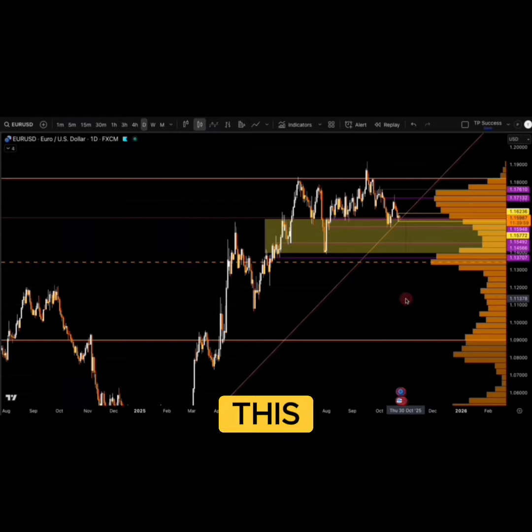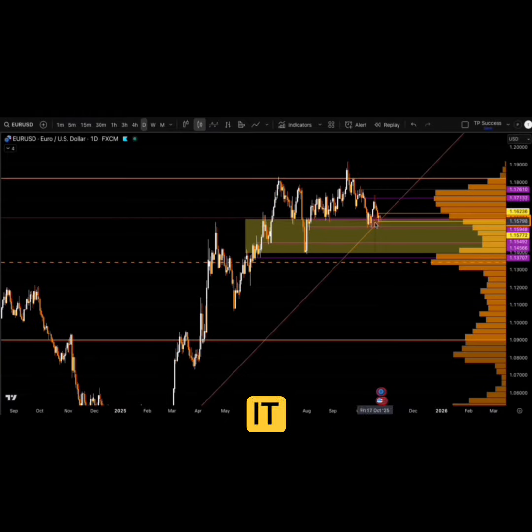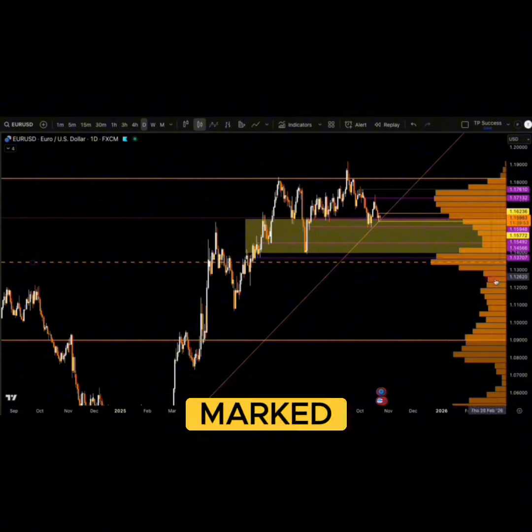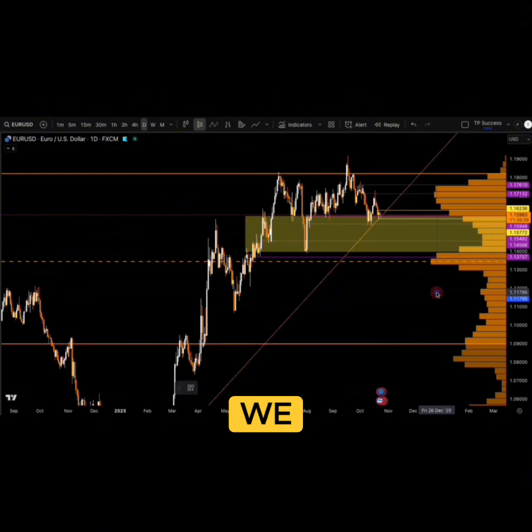So for example, in this area right now, price is doing whatever it is that it's doing. We've got 3 levels marked out in regards to the order block. So we have the first order block, which is in this area over here. That is if we get a push to the upside and it